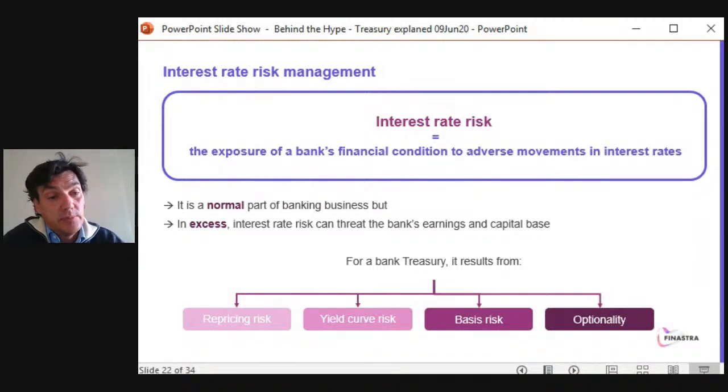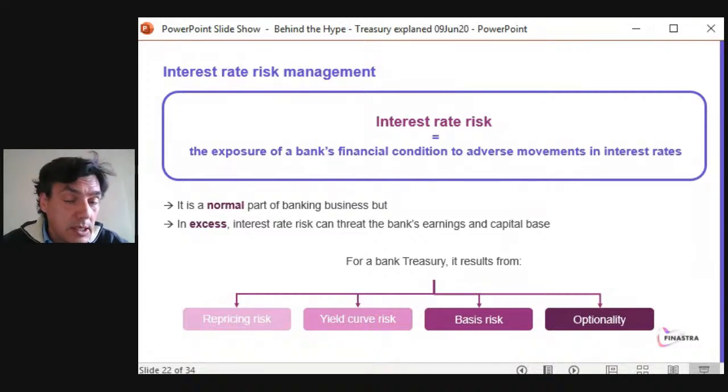So, a very important part. The basis risk is when you want to hedge yourself, for example. You have lent some money at LIBOR with a 3-month reset, but you wanted to hedge yourself. You have an imperfect hedge, and you have borrowed money with a 6-month reset. So you have a 3 months versus 6 months basis risk. And obviously, the shapes of those two curves are different, so you may lose or make money.